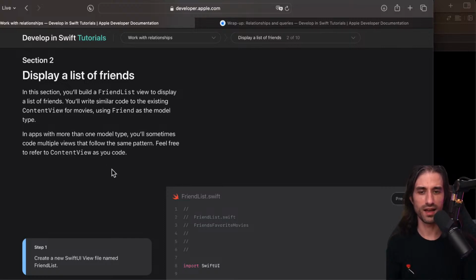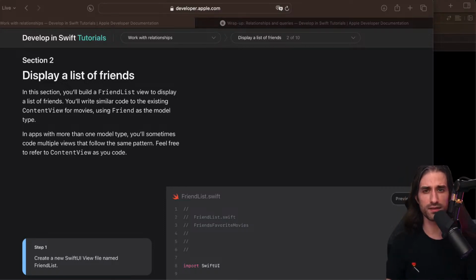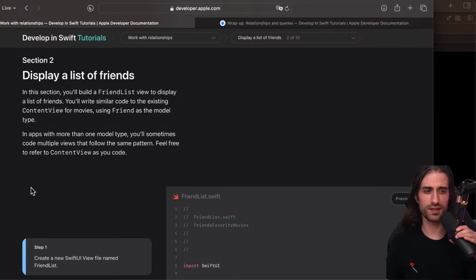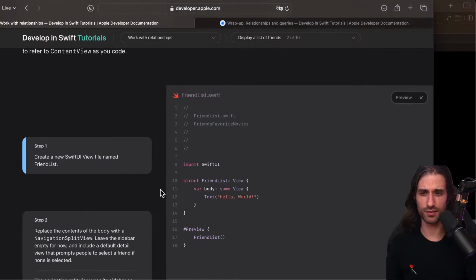This, of course, means that in a real app, you might also want to factorize code in order to not re-implement the same thing multiple times. But be careful when you factor code like this, because it's very easy to make things very complex. When you have several views and you want to factor them into a single view, sometimes what you end up with is actually more complex to maintain than just having 2 or 3 different views that share similar code. So be careful about that one.